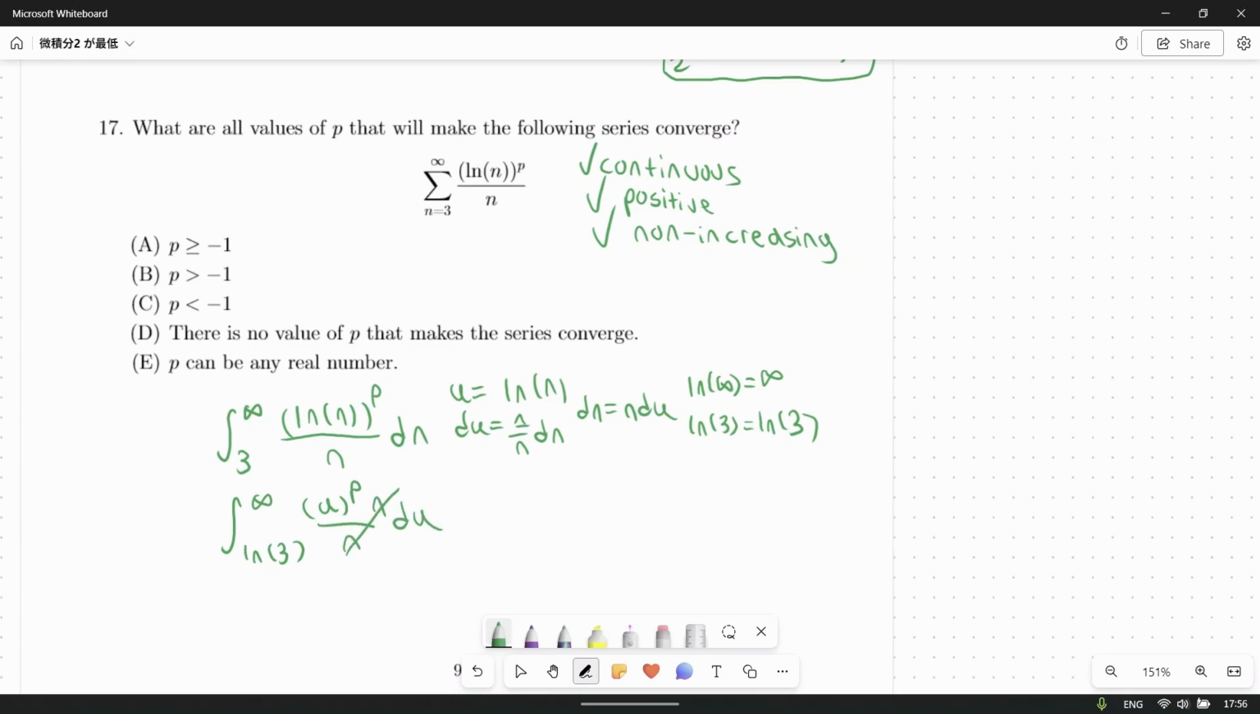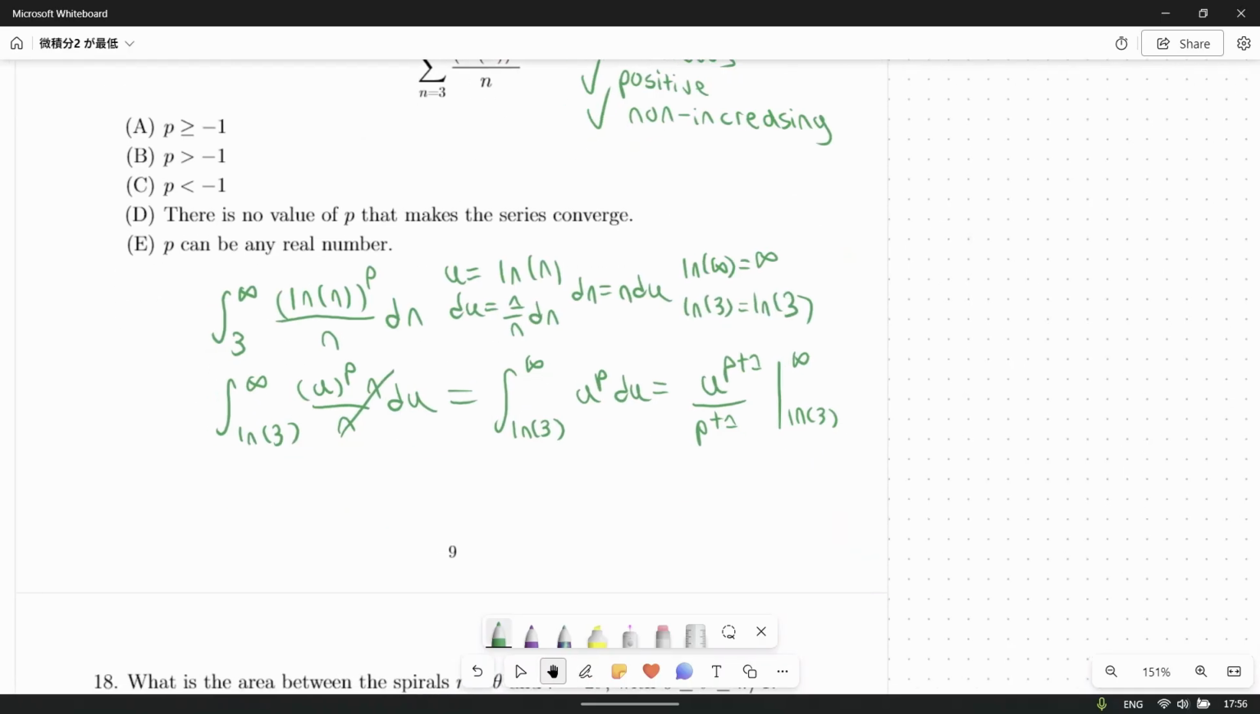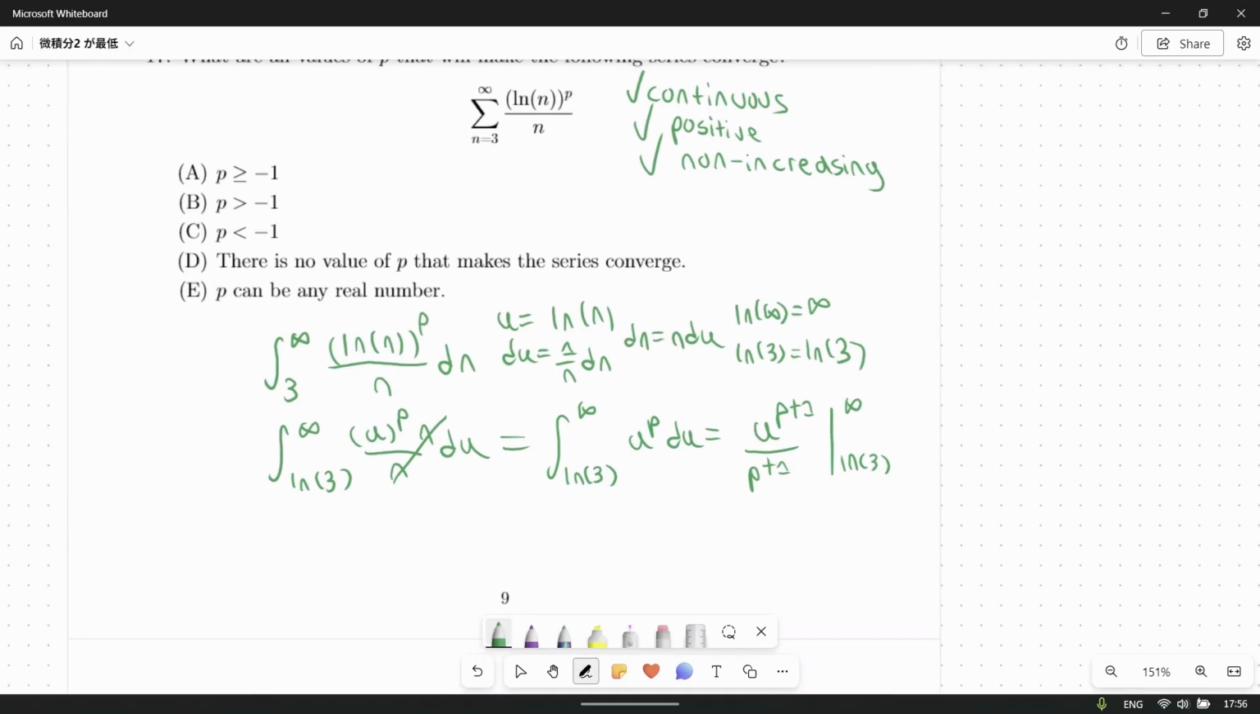And then these n's are going to cancel, and we're going to end up with the integral from ln of 3 to infinity of just u to the p, which will simplify to u to the p plus 1 over p plus 1, evaluated from ln of 3 to infinity. And yeah, so then when we plug those in, you should end up with something that takes the form of,